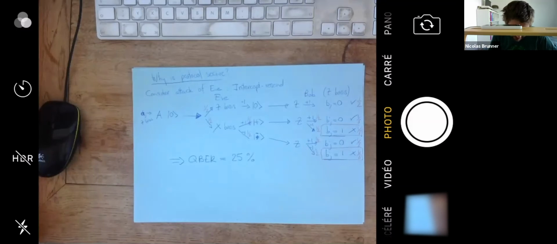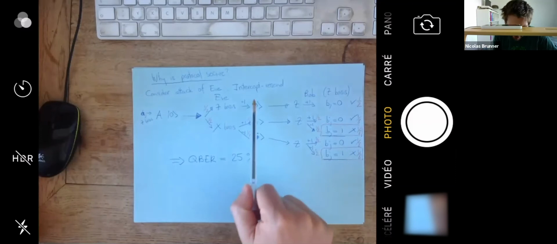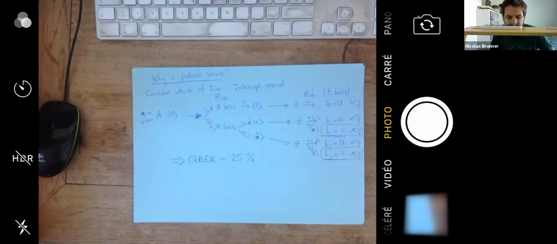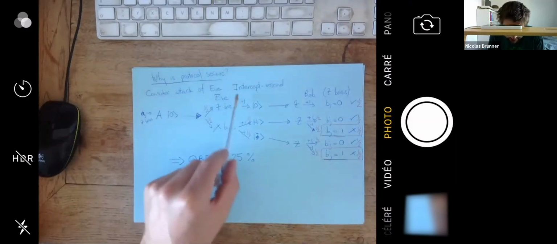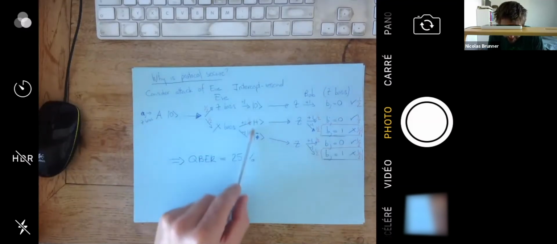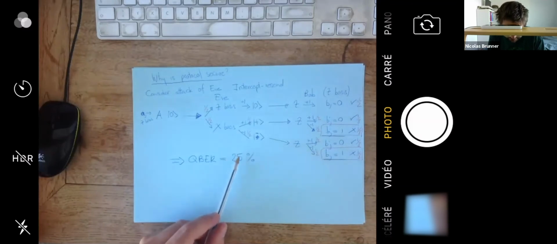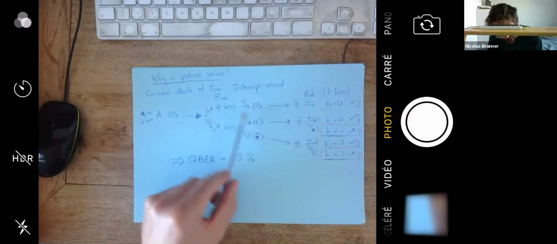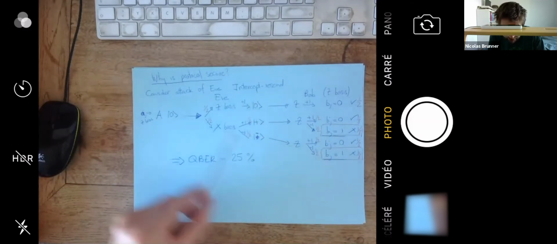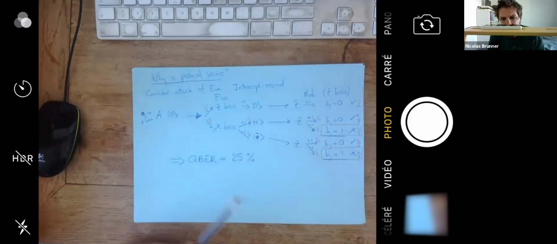Now, the point is that Eve could, of course, decide in each round to do or not do this attack, which would then reduce this error rate. Of course, if she never does this attack, there will be no errors, but then she learns nothing about the key. If she does it with some probability, she would learn part of the key, but this part becomes increasingly small, okay? So there is in fact a trade-off somewhere,